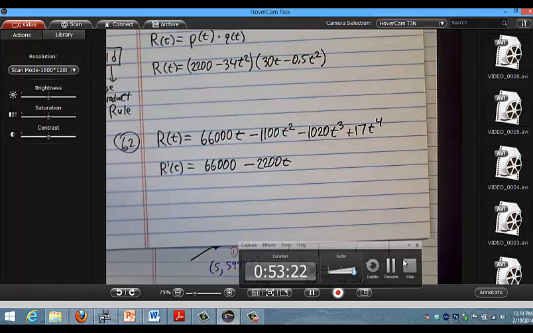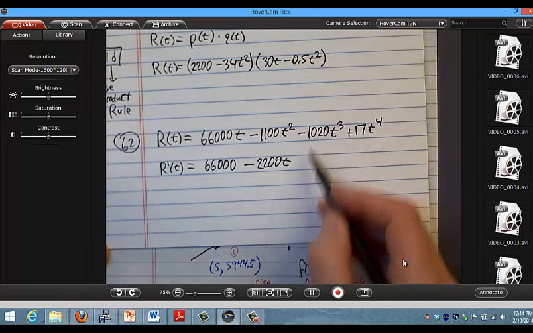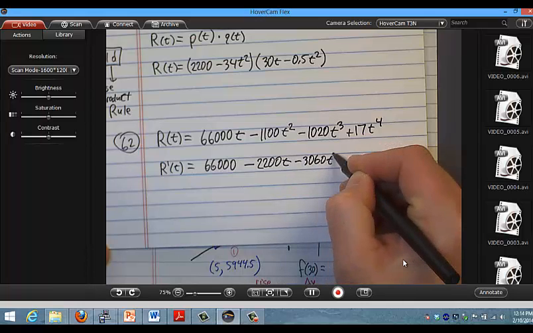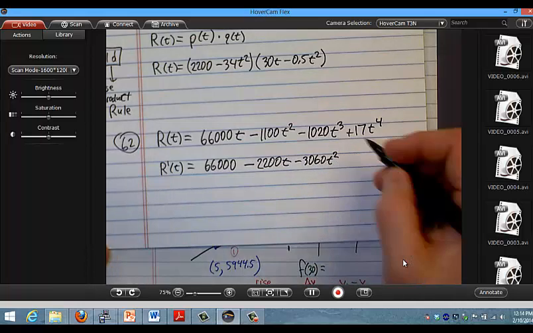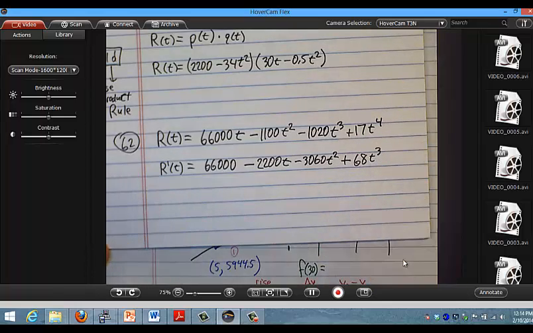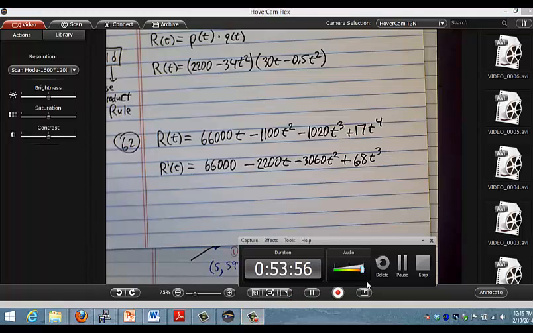Okay. So I'm taking the derivative. How about this next piece? Bring the 3 down, right? 3 times 1020 is going to be 3060t squared. And then 4 times 17 is 68t cubed. Is that what they have? If you turn things around, then yes, it is. Does that help, Jessica? Yeah, I think maybe I just skipped a step or did it out of order. Okay, okay. So I think that ought to be enough to help. And I'm out of time now anyways, so